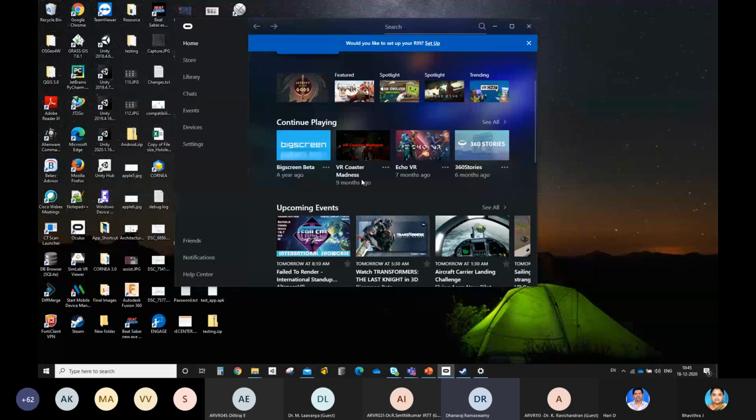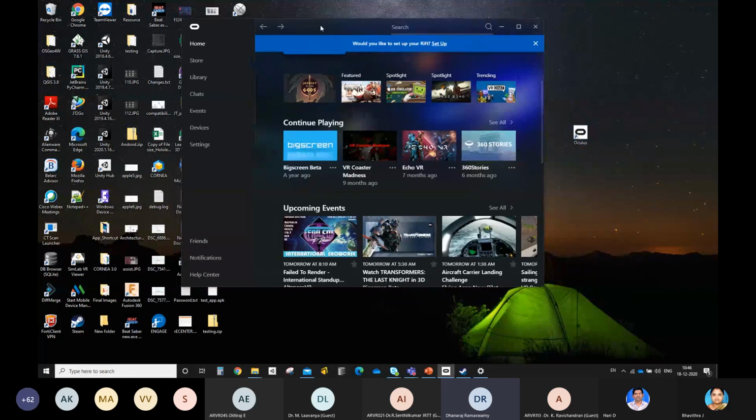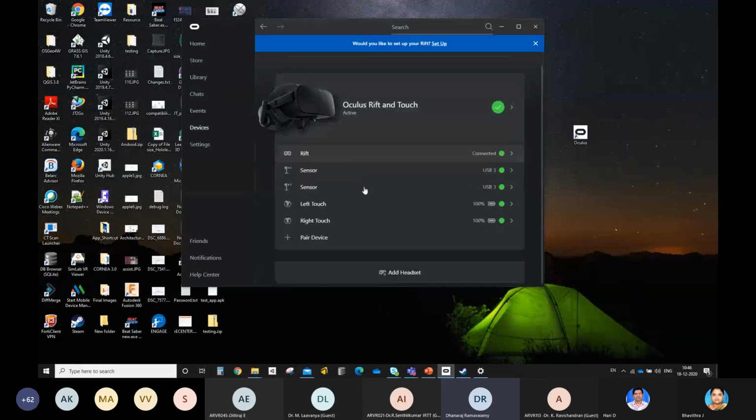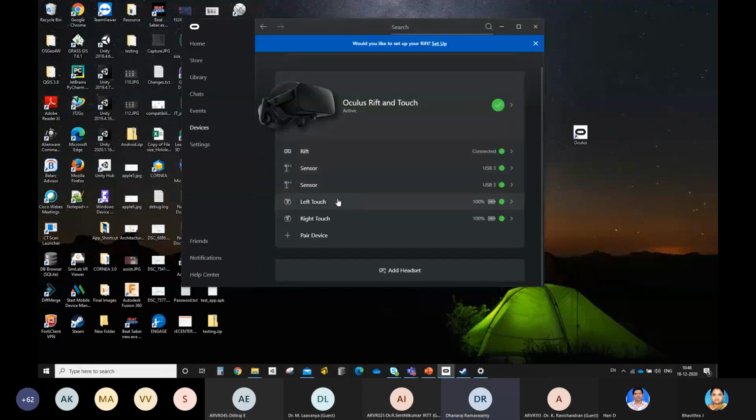So if you are buying this device, you have to install Oculus software. I hope Manikandan already explained this about the Oculus software. So once you install this software, you already know about the connectivity and all, correct?